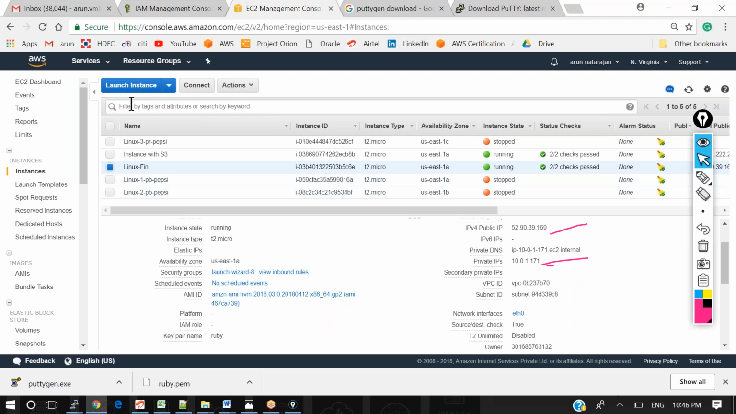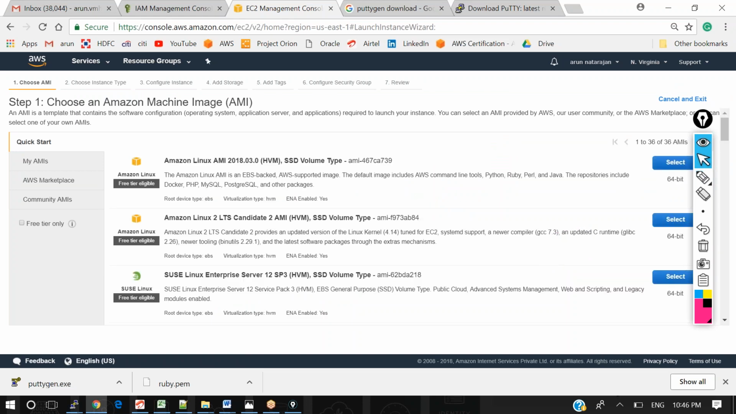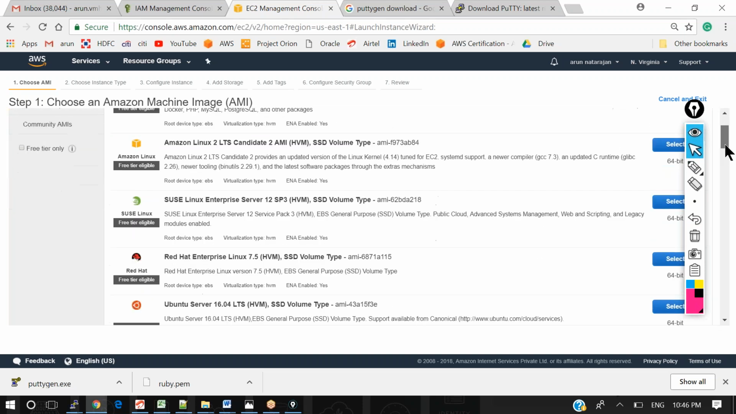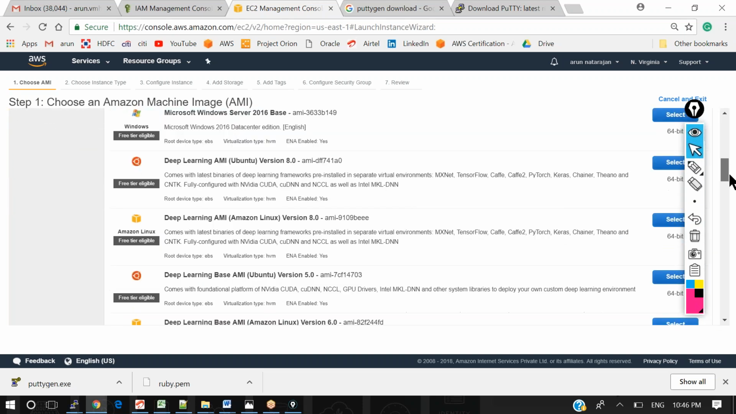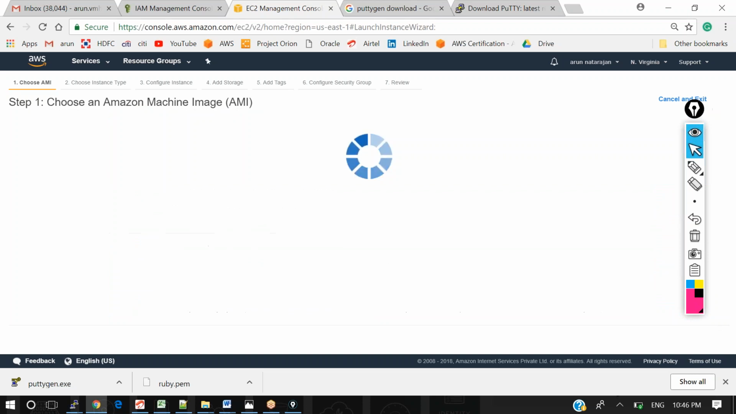So in the same way here, I'm going to launch the Windows instance now. But the way of connecting to the Windows instance will be different, not like PuTTYgen and PuTTY, since it is a different OS. So here I am selecting the Windows AMI, select,